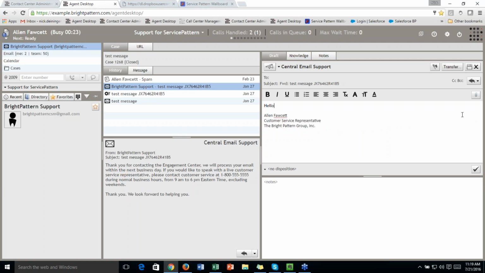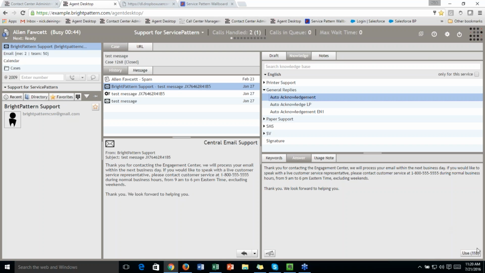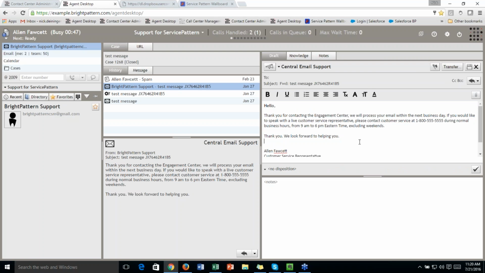So this is where I can write a draft as an agent. We do support variables for the email system, so if you wanted to create signature blocks that all the agents could use, we could do that, and then we could pop the first name and last name into the signature block. We have a built-in knowledge base that you can search through. You can also use these for canned responses. So if I click on the canned response I want and click Use, it's going to pop that response in